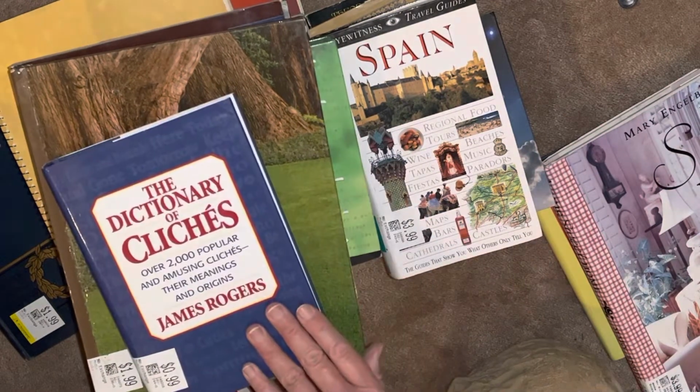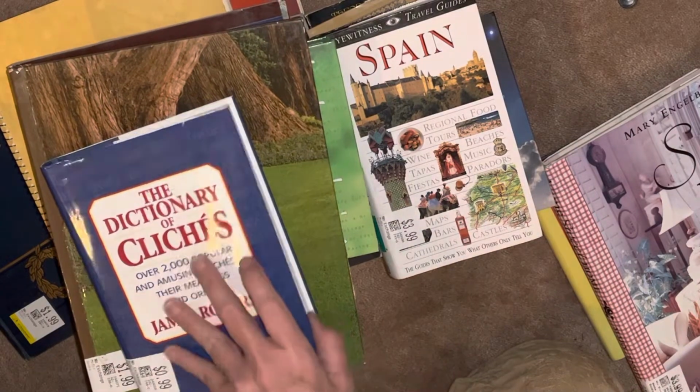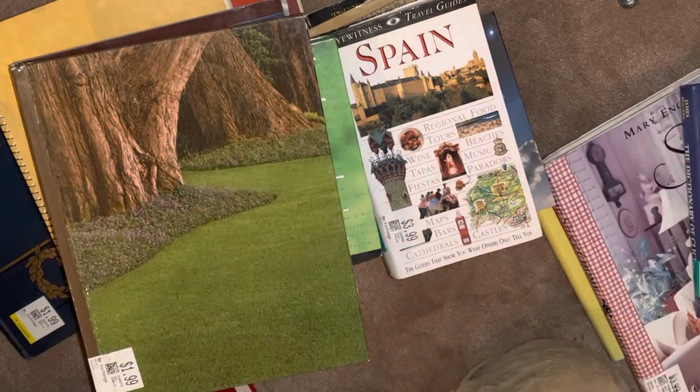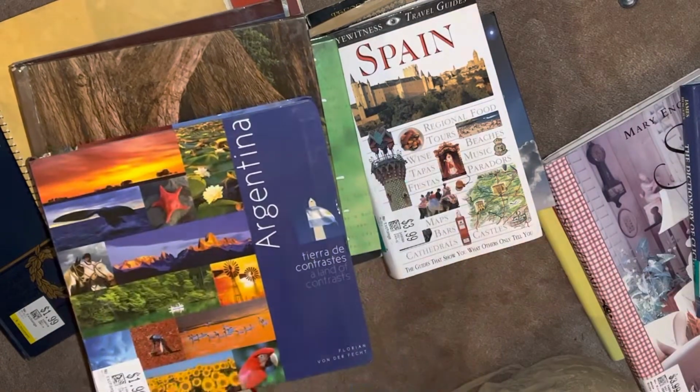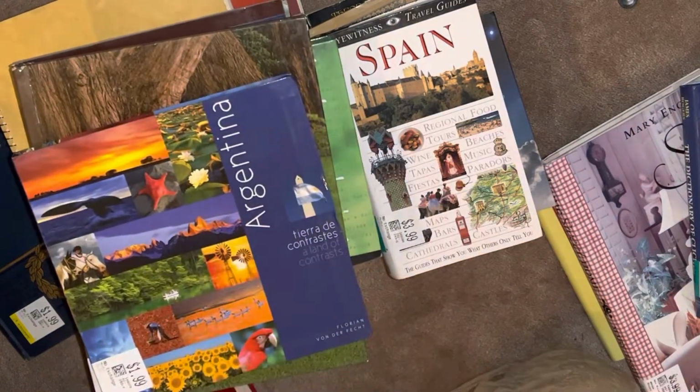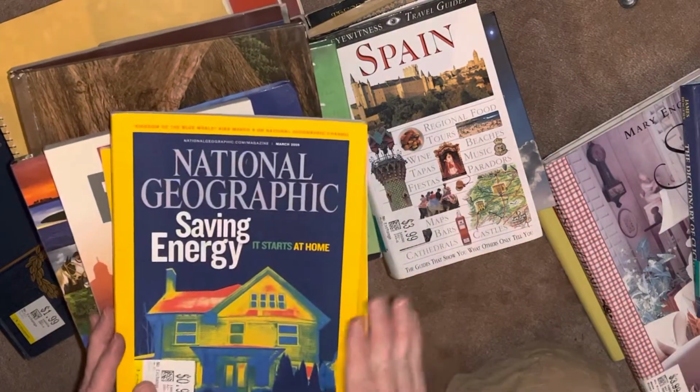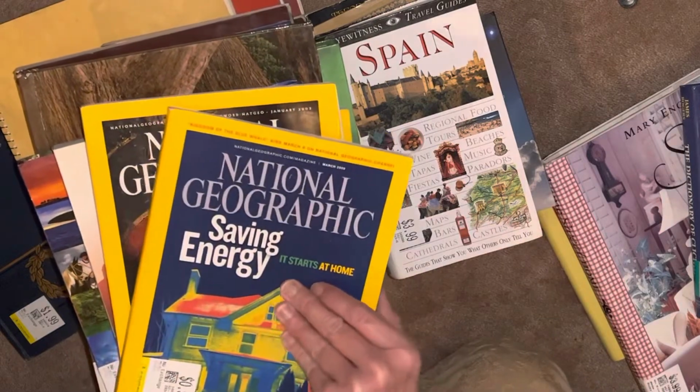Oh, Dictionary of Cliches. I thought that would be interesting and fun to read. Another travel theme: Argentina, Prague, and then I got a couple of really colorful National Geographics